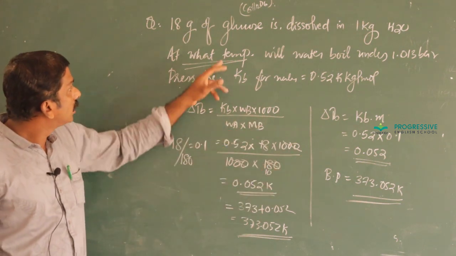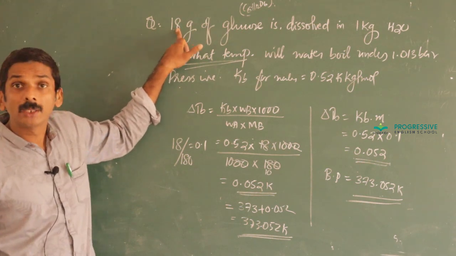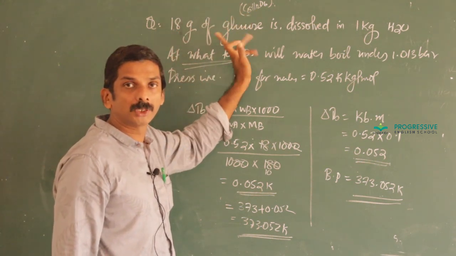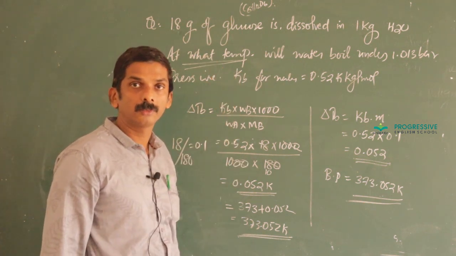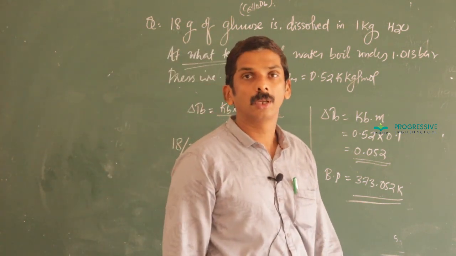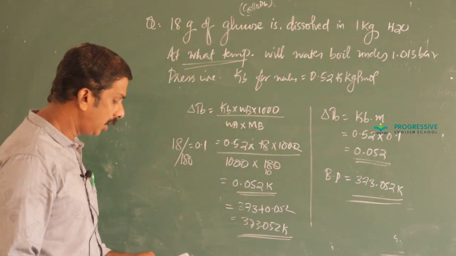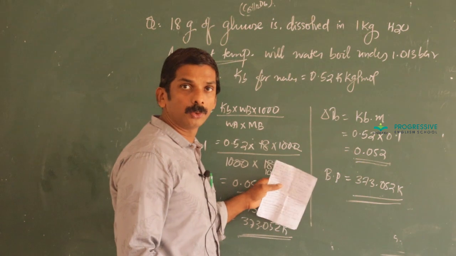That is, there are two methods for solving this type of question. You get it directly once you calculate the molecular mass; at that time you get the number of moles. Given mass by molecular mass is the number of moles. Both relative lowering as well as elevation of boiling point is over. Then the remaining, I think it is clear to you.